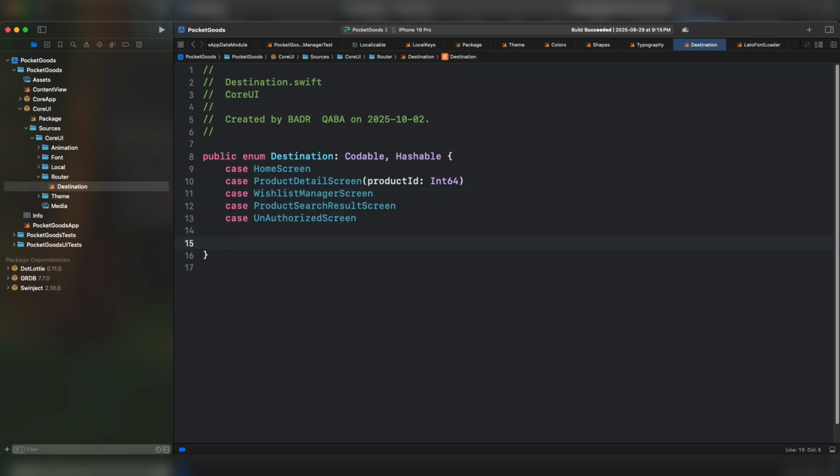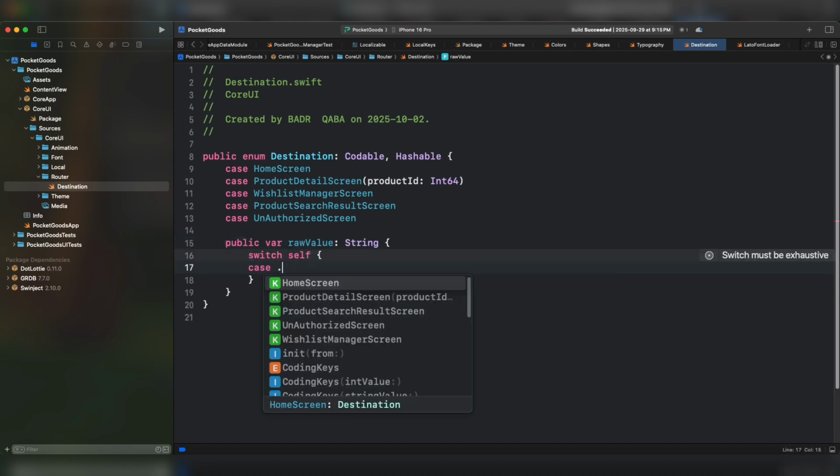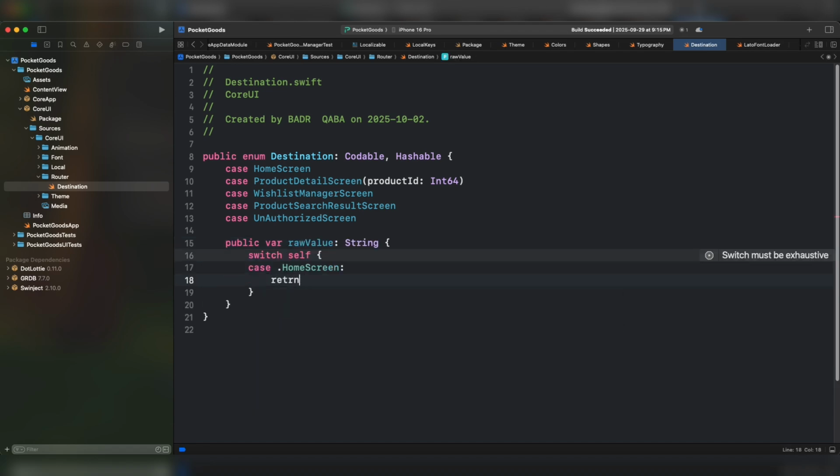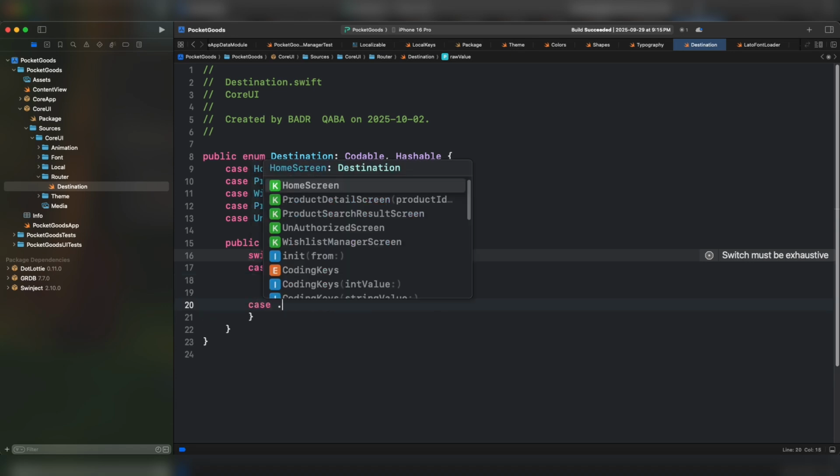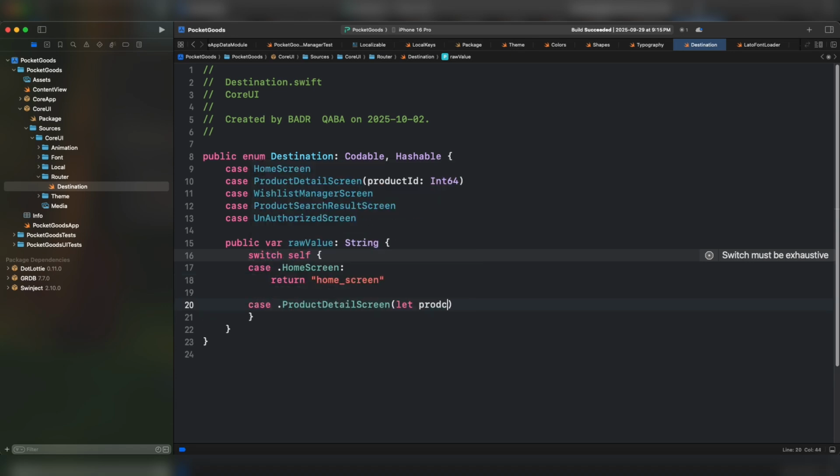I need to override here the raw values for this home screen in order to be better representable while caching our latest visited screen. Let's override this home screen. The raw value, it's going to be presented like home screen. In case of products ID from the arguments. And this is basically the raw value of product detail screen if you want to cache, for example, this particular